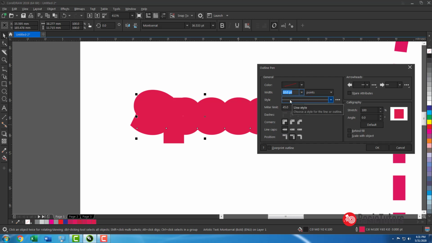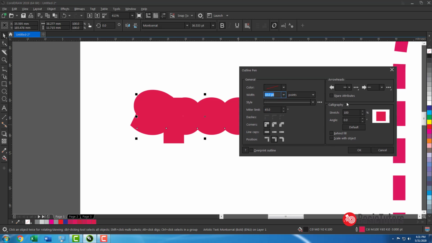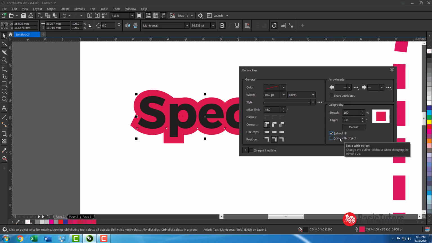What happens here? The outline width you gave overshadows and overfills the text. So if you want to send it behind, you can click here. Behind fill: this outline fill will be sent behind, and our object will look nice. Actually, this is called behind fill.